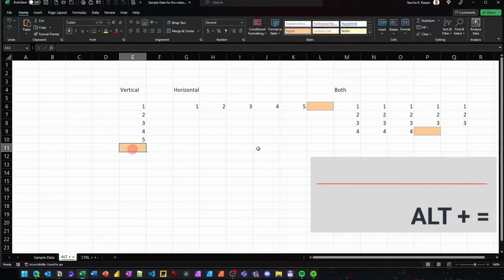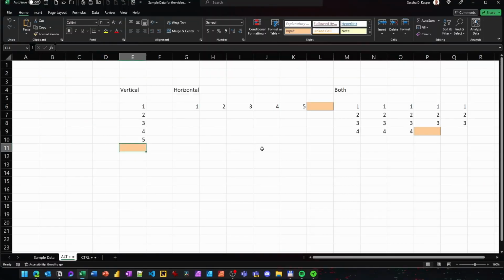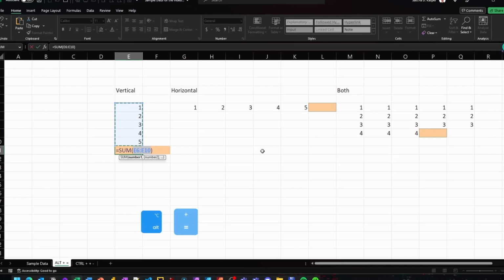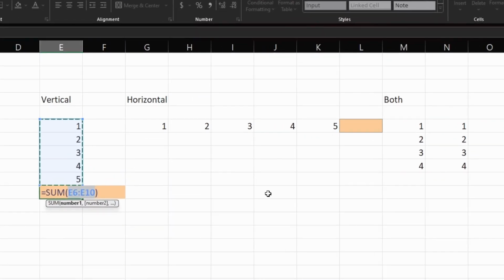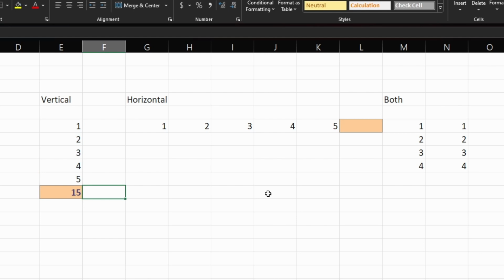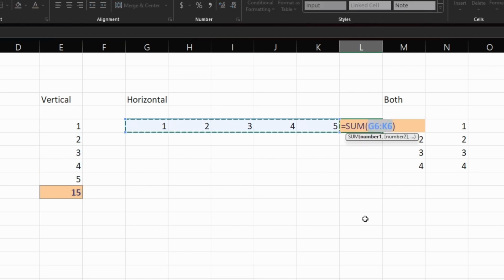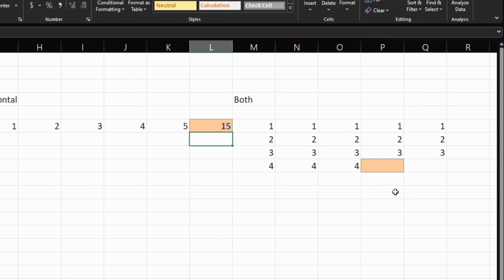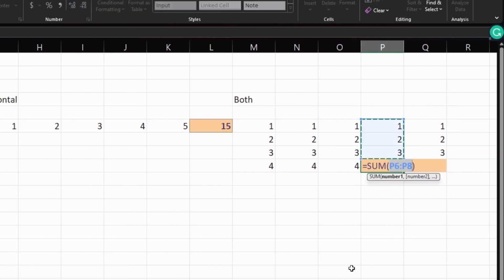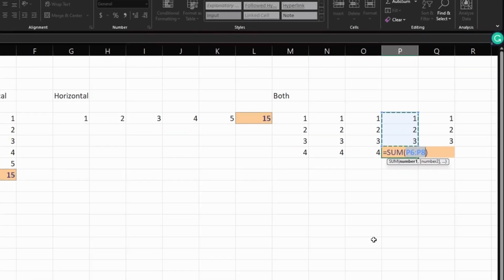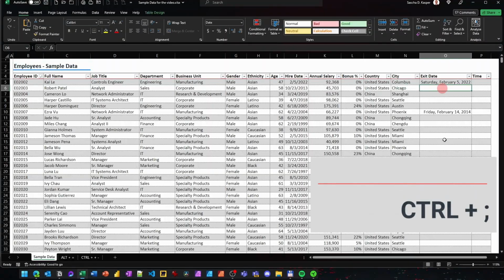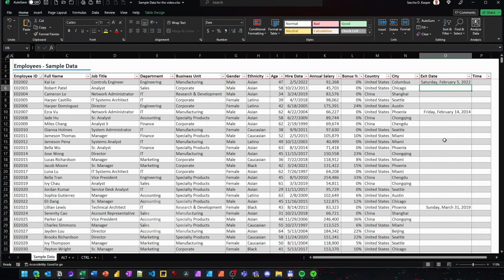The combination of the Alt key and the equal sign automatically creates a formula that sums up a range of cells. Not just any range of cells, but the one that is bordering whatever cell you have currently selected when pressing the shortcut. Excel is smart enough to detect ranges vertically and horizontally. If you're in a location where you would have both options available, then the shortcut will automatically use the vertical range by default. Control and semicolon enters today's date in a cell.